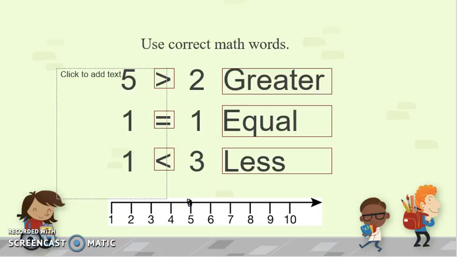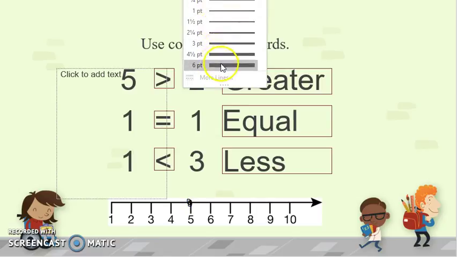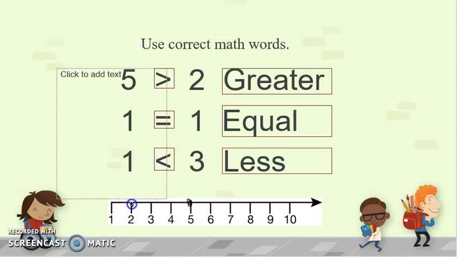And we know that 2 is down here. So we know because 5 is ahead and to the right of 2, it means it's bigger. Same thing with up here. We know that